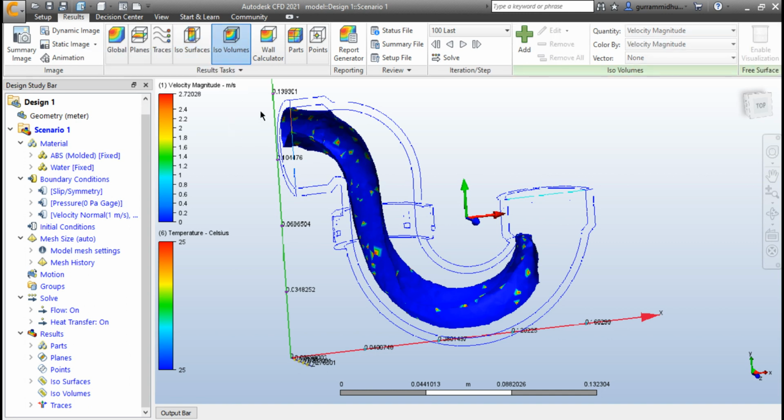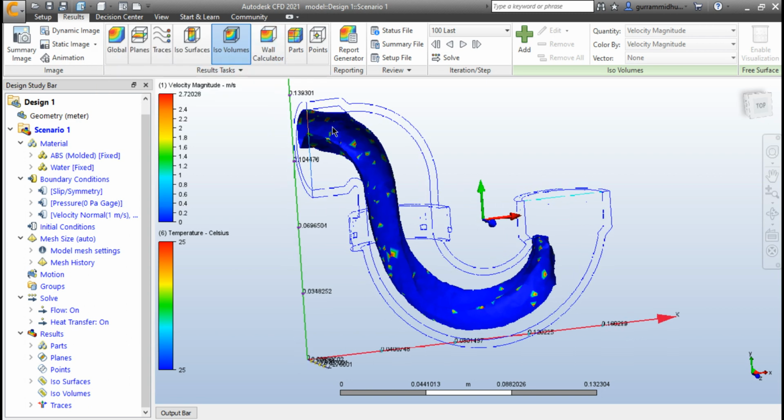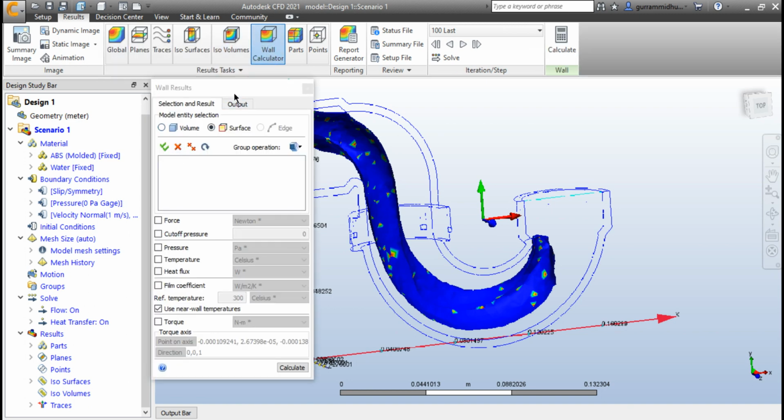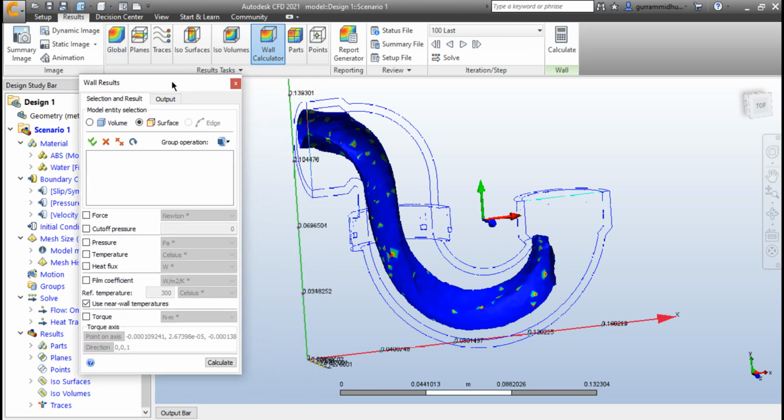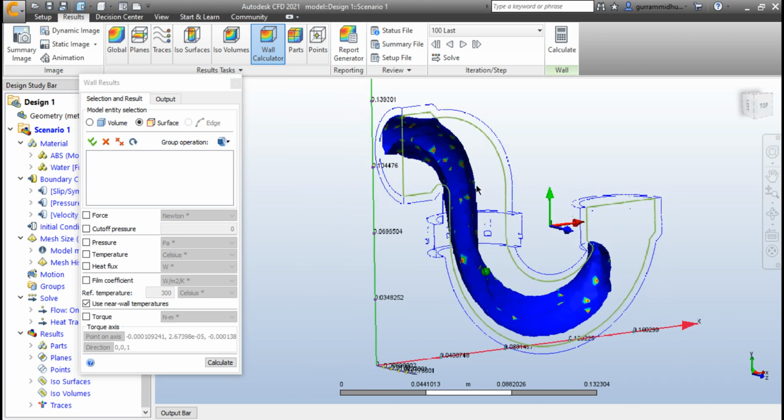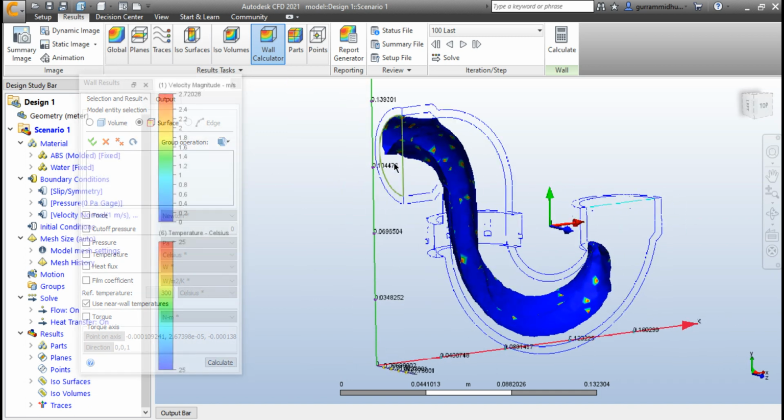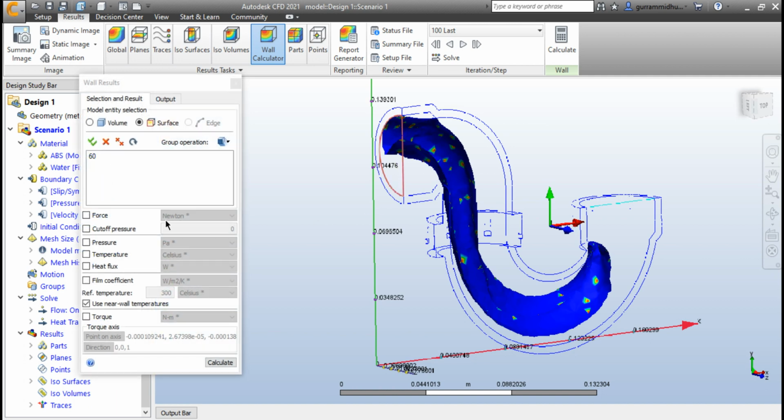And when it comes to wall calculator, it gives the values at a particular surface at a time, and you can even export that to your local computer. I'm gonna analyze the data of this surface. Just click on that.